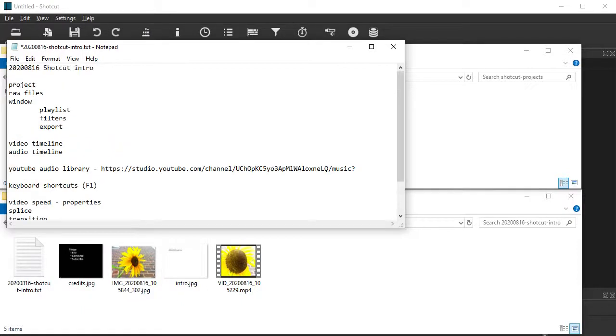Hello, today's session is actually me talking about how I make my tutorials. I'm going to be using Shotcut today. A couple of points I'm going to cover are what Shotcut projects are, where I store the files,